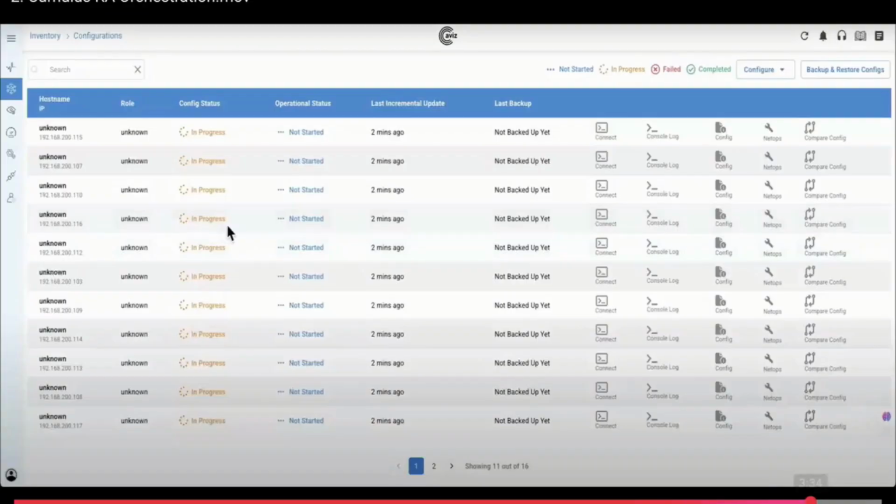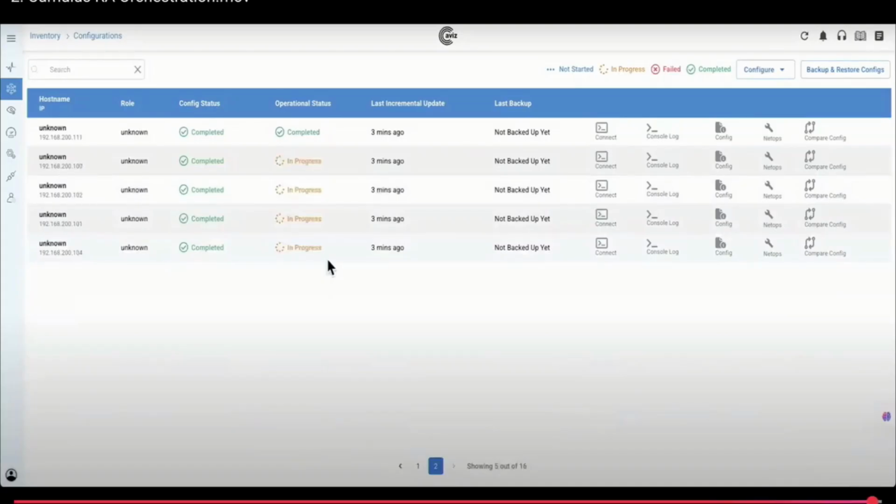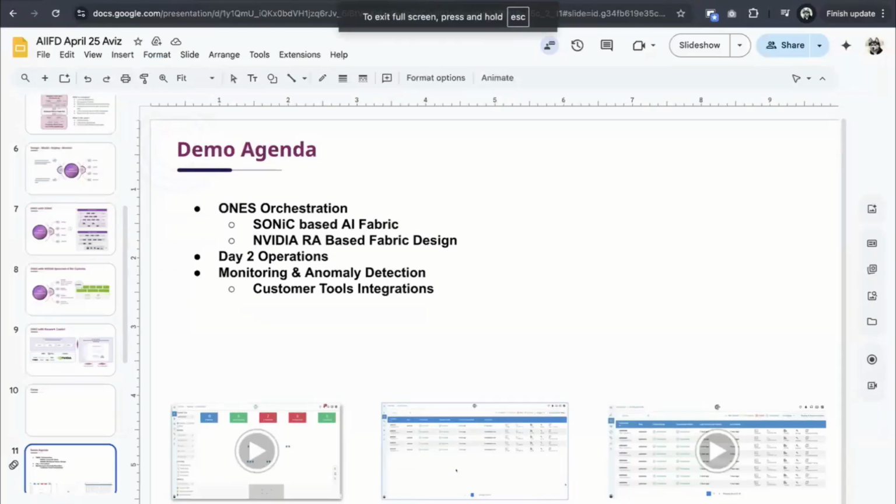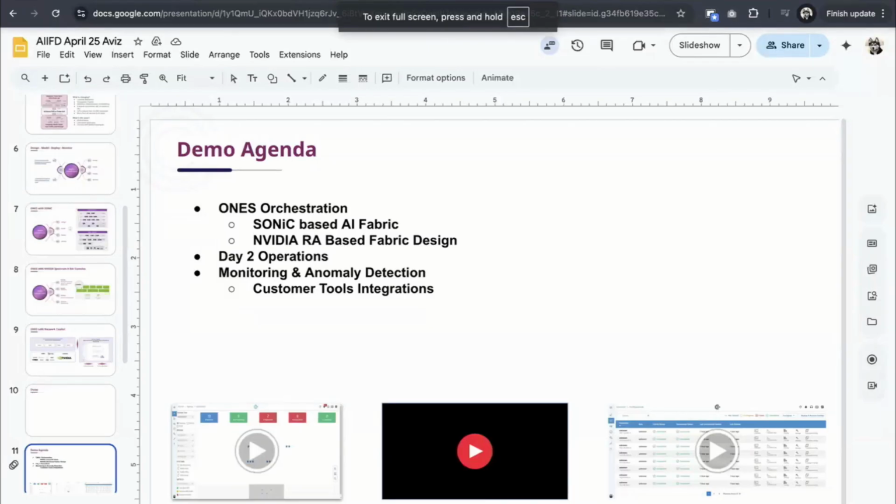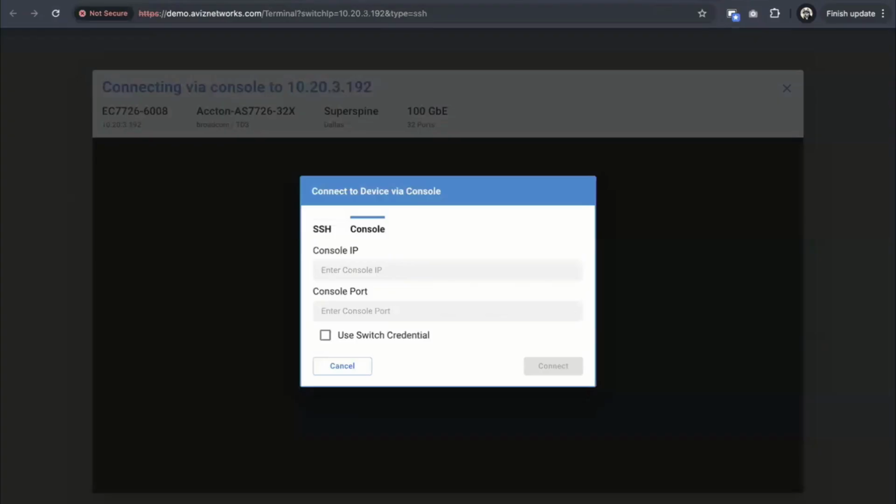it does all the configurations. Basically, it's a large fabric, so we have everything done. It waits for everything to be completed. And one more thing I'd like to show now is, if I go back to my live setup,